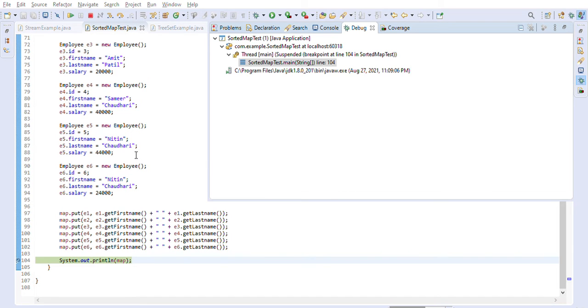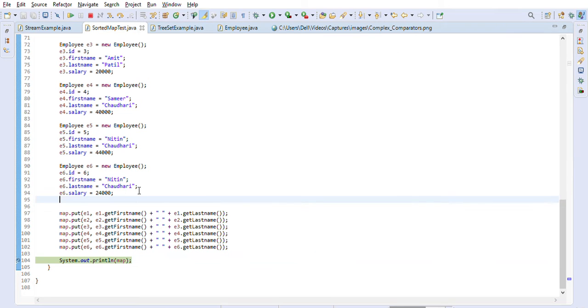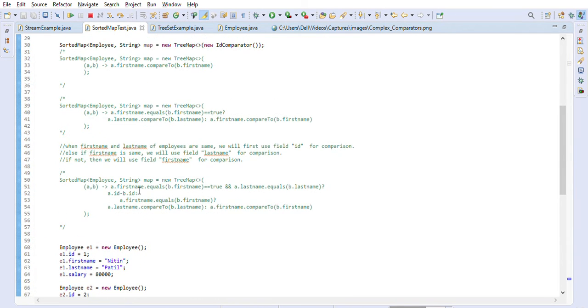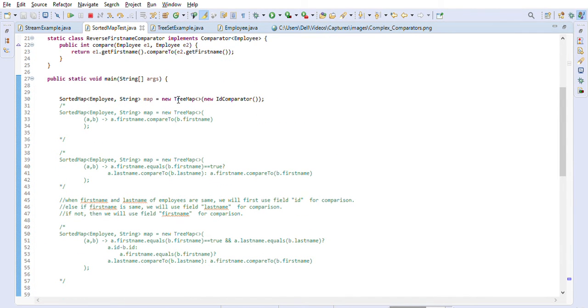The keys are stored in the tree map. As you can see, we are using ID, so you will see 1, then 2, then 3, in increasing fashion. That's how the keys and values are stored here, then 4, 5, and 6. In total we have 6 employees, and we use just an incrementing ID. This is one of the easiest comparators we can have.